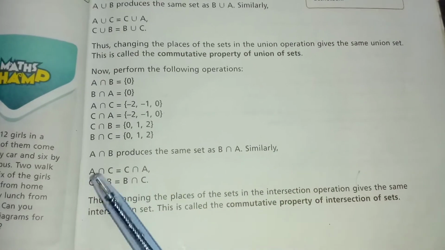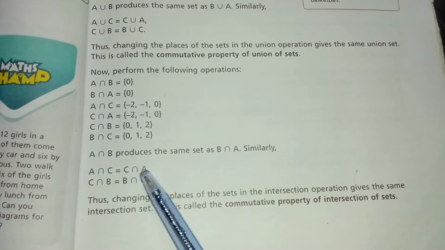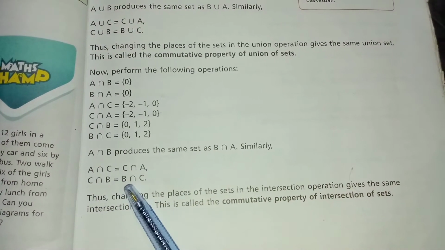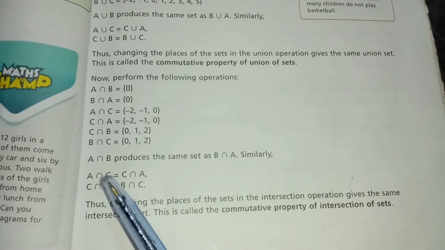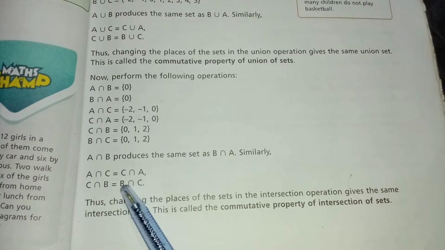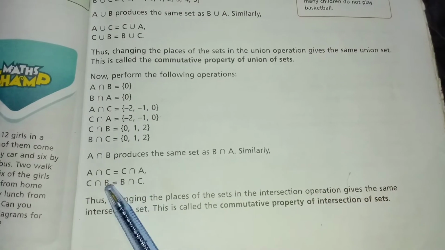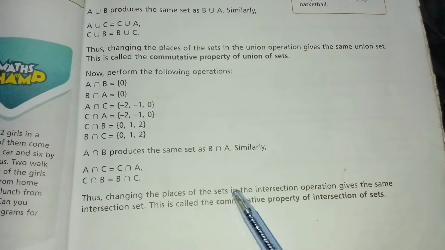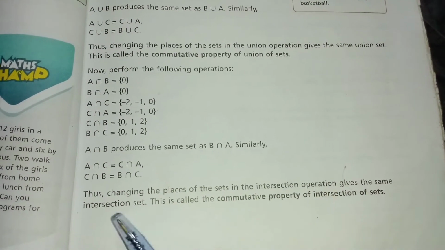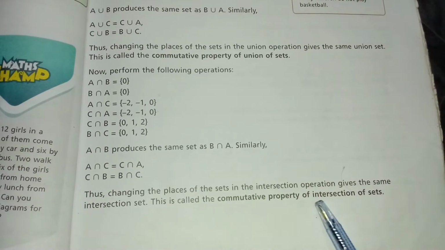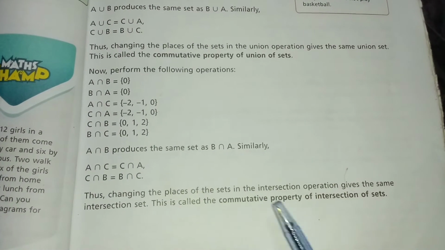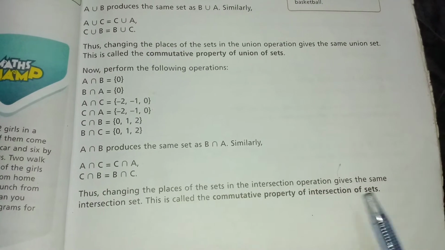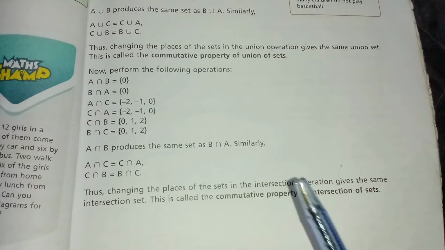And if A intersection C is equal to C intersection A and C intersection B is equal to B intersection C, the intersection of two sets, after replacing their places we get the same answer. So changing the places of the sets in the intersection operation gives the same intersection set. This is called the commutative property of intersection of sets. So the commutative property of intersection of sets A and B is A intersection B is equal to B intersection